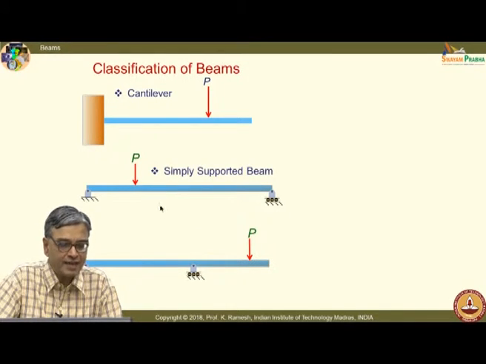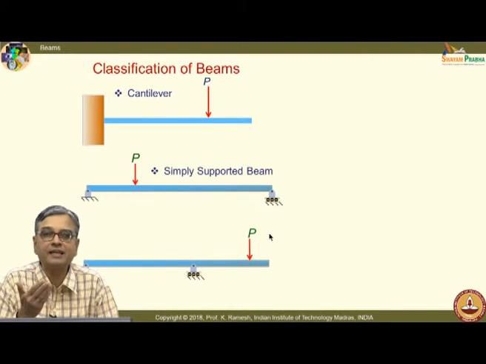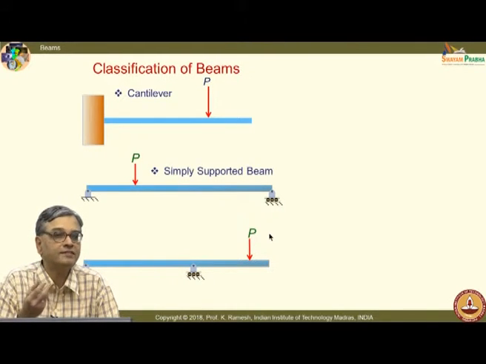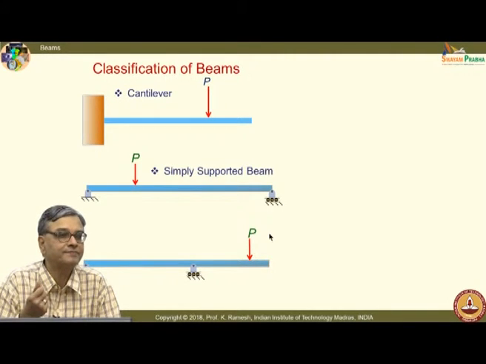And I have a slight difference between the beam shown here and the beam shown below. What is done here is the support on the right moves inside, and you have the beam protruding out of this support. Have you come across any such practical example in your life, in your surroundings? Because I have always been emphasizing that you are trying to analyze systems around you. That is the purpose of this course.